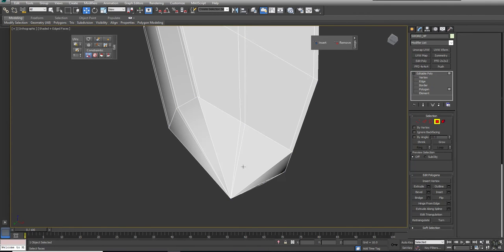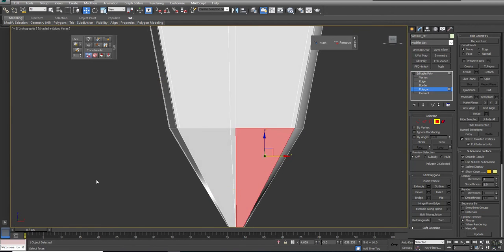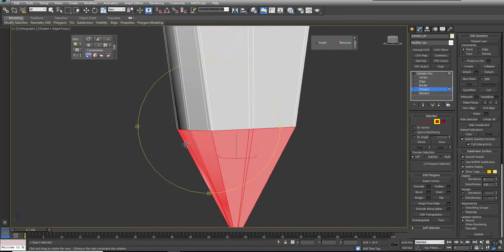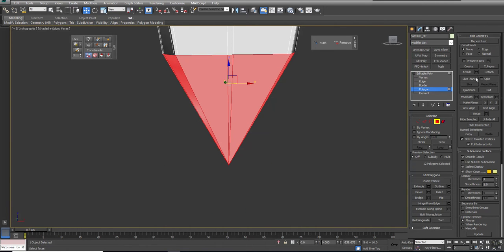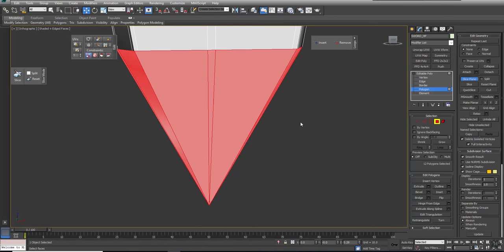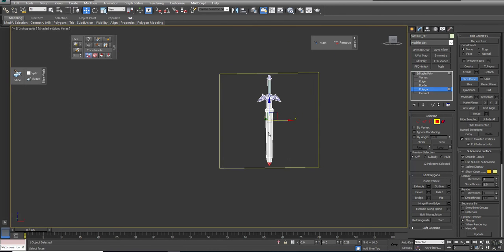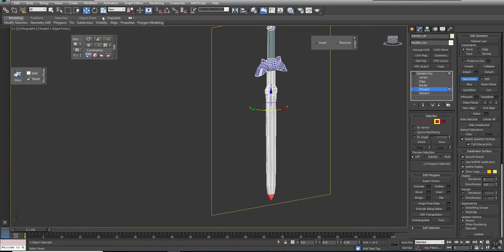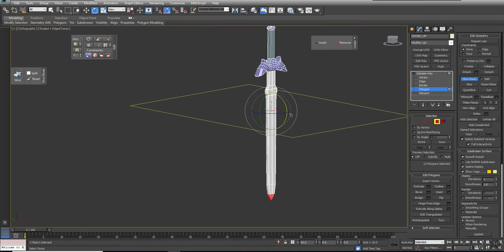In this case, there's another tool that I'm going to use. I'm going to select all of these polygons here, and I'm going to use what's called slice plane. I'm going to hit Z to zoom out. That didn't work, so I just used my mouse. I'm going to go into rotate and turn on angle. And now if I rotate this 90 degrees,